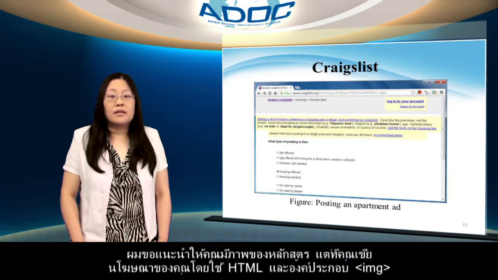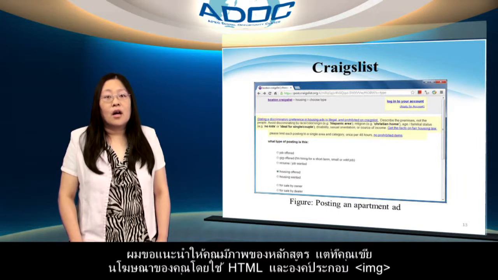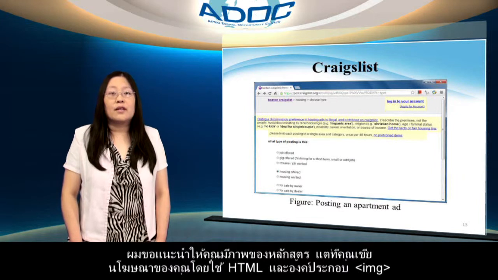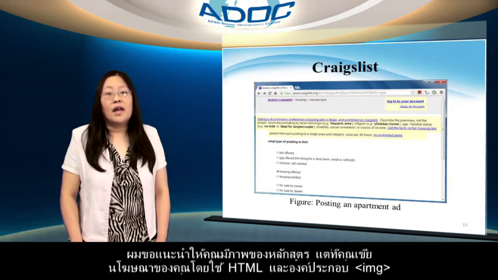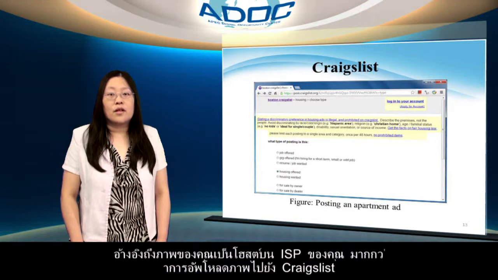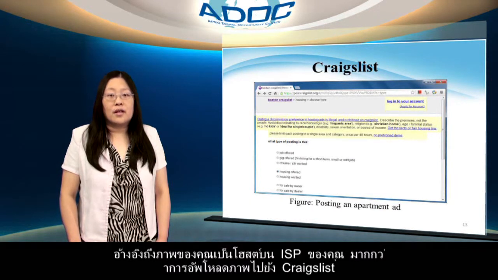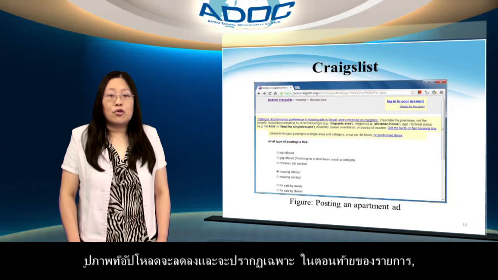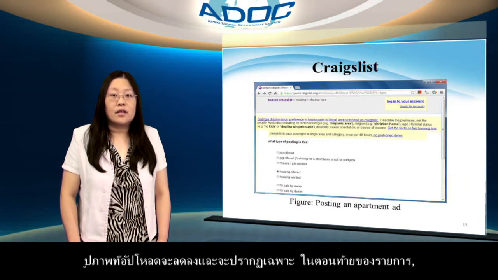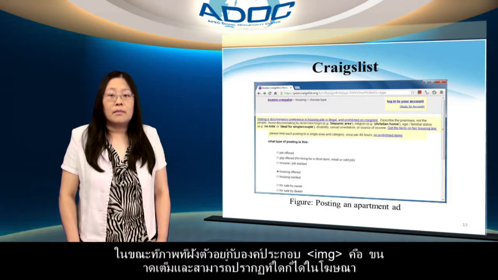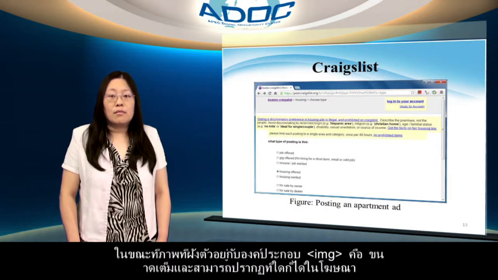I recommend that you have images, of course, but that you write your ad using HTML and the img elements to reference your images as hosted on your ISP, rather than uploading images to Craigslist. Uploaded images are reduced and appear only at the end of the listing, while images embedded with img elements are full size and can appear anywhere in the ad.